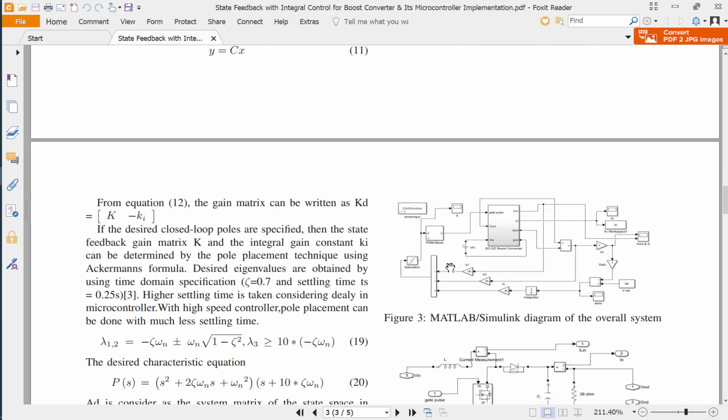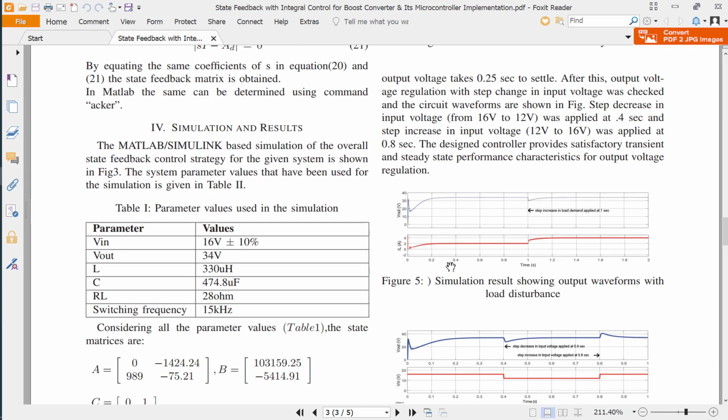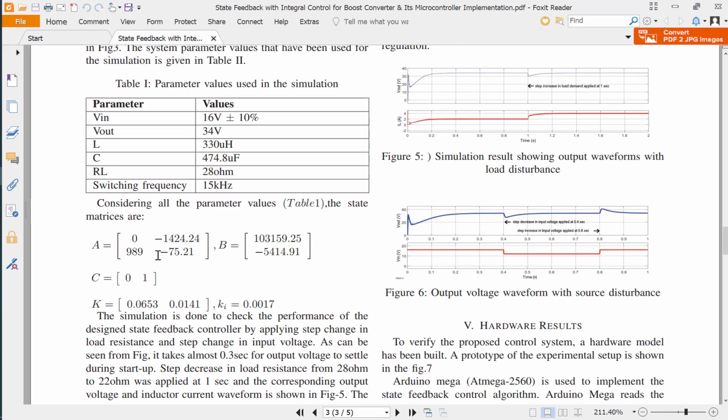Okay, and then after we get the system model in the state space form, we can see the values of the state space. The A matrix, B matrix, and C matrix are also included in this article. So we just take this model to MATLAB.